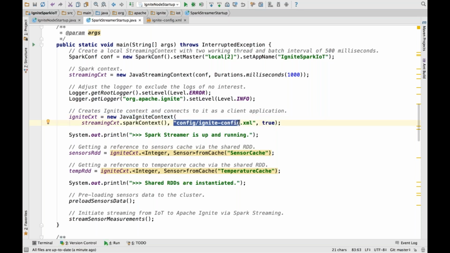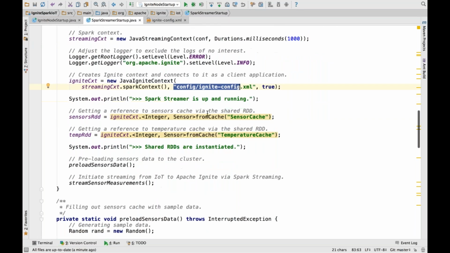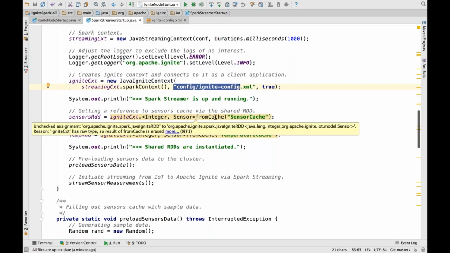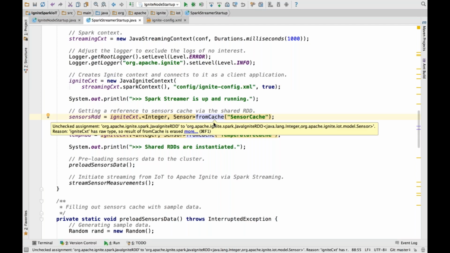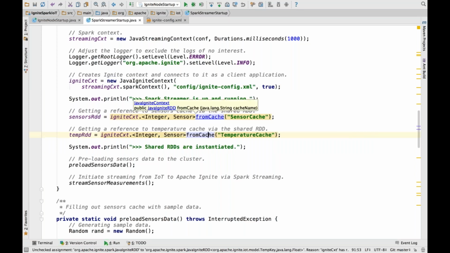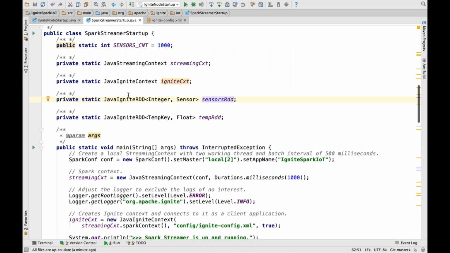In this scenario, this Spark application will connect to our Apache Ignite cluster just as a client node, as an application. Once this happens, here is how we get access to our caches, to the data stored in our cluster: over the shared RDDs. Here we have a couple of references.